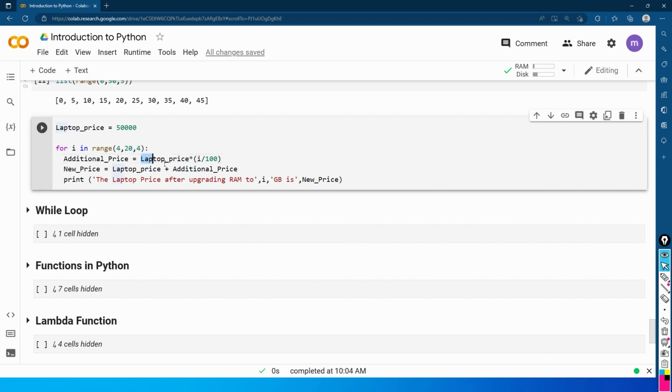So laptop price 50,000 multiplied by 4 divided by 100, which is 4%. And then that particular value gets assigned to a variable additional price. And then we have another variable called new price, where we are assigning the value of laptop price 50,000 plus the additional price. And then we have the print statement which says the laptop price after upgrading RAM to,